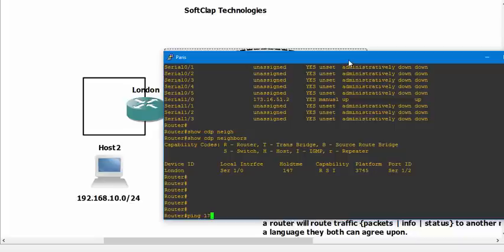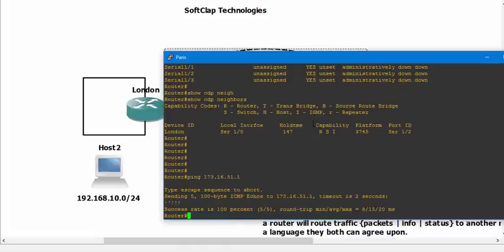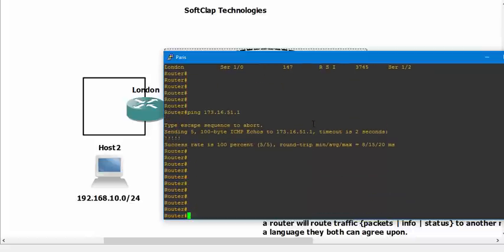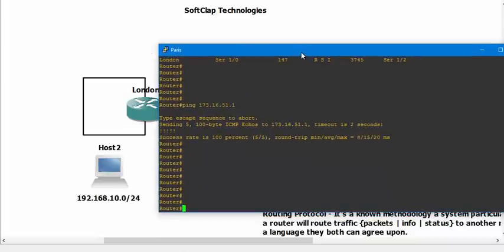173.16.51.1. Oh, success! So that's written. The IP address and the right subnet mask have been applied to the interface, and now we're able to ping each other. So now, traditionally, because they are